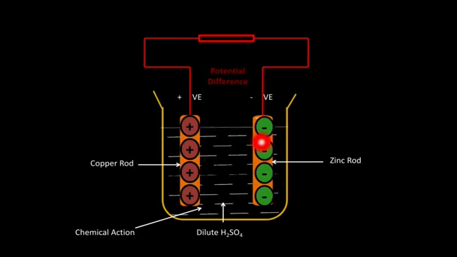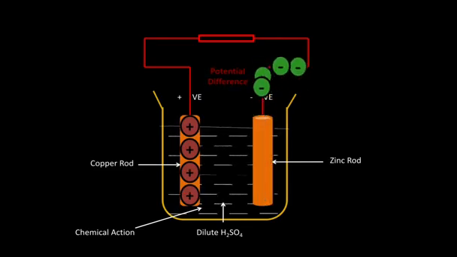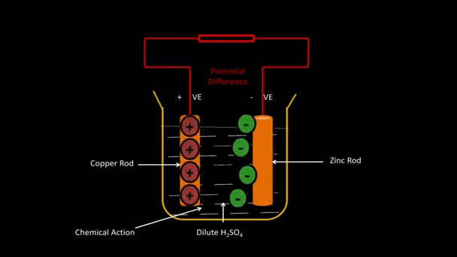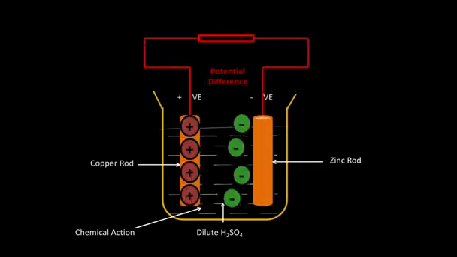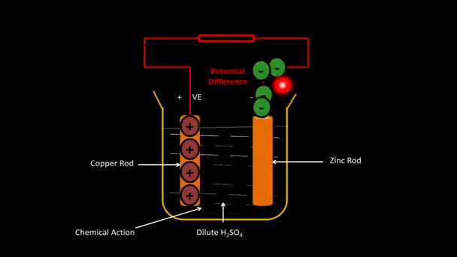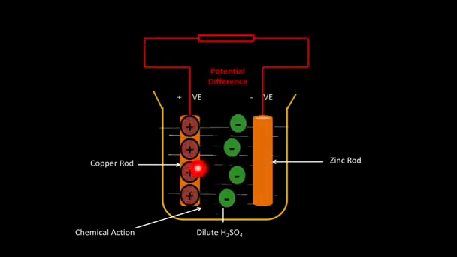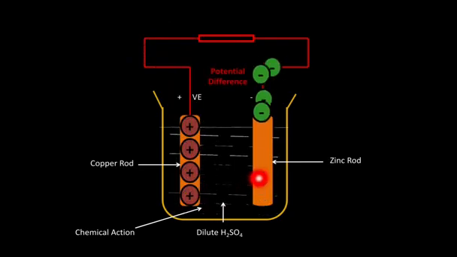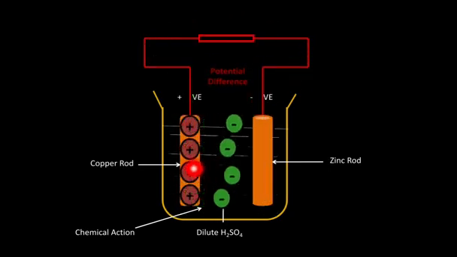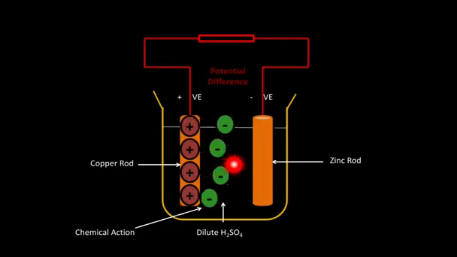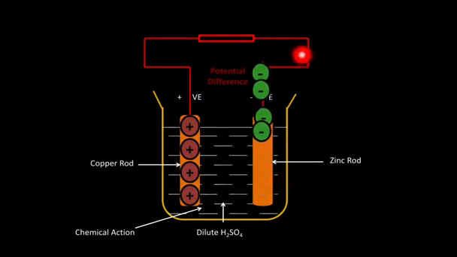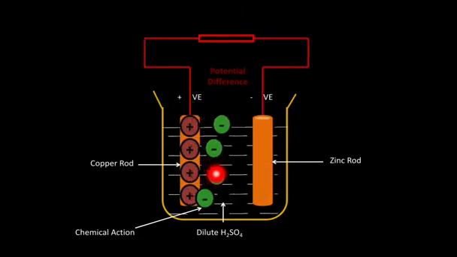Now electrons can move externally and travel to this positive terminal. See, these electrons are moving from the negative terminal to the positive terminal because of the force of attraction. When these electrons reach the positive terminal, again they get accumulated on the zinc rod and this process continues. Negative to positive, then again through chemical action the electrons move from positive to negative, then again from negative to positive, and again they get accumulated on the zinc rod.